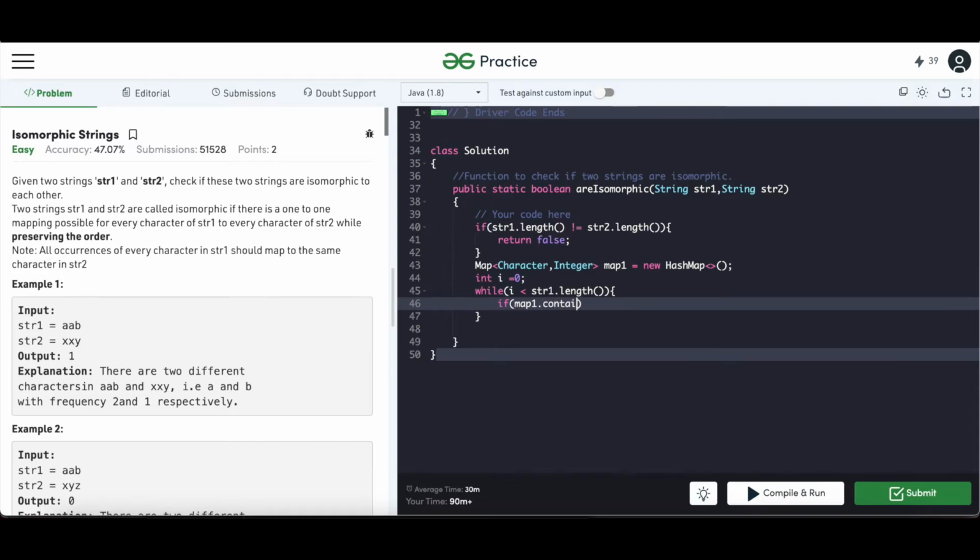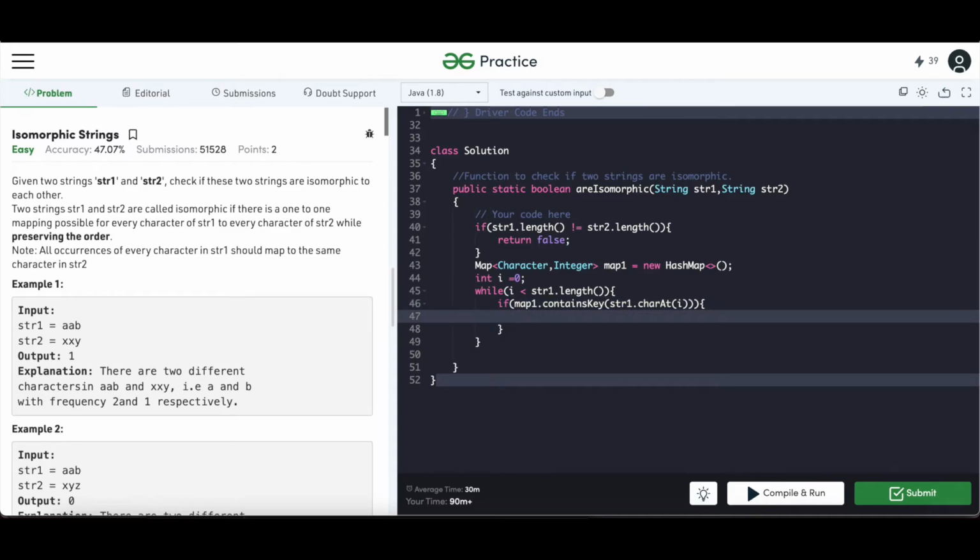If map is already containing the key, that is str1.charAt(I). If the key is already contained, then we are going to check for the corresponding value. So we will check whether the value against this key, map1.get(str1.charAt(I)), is equal to